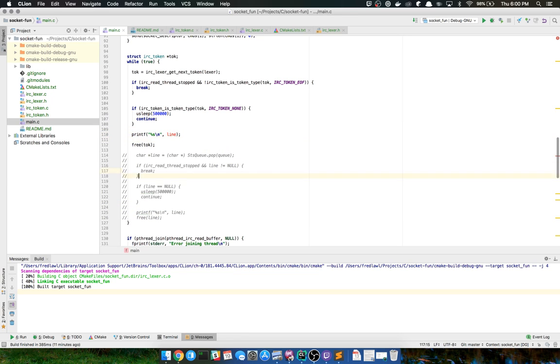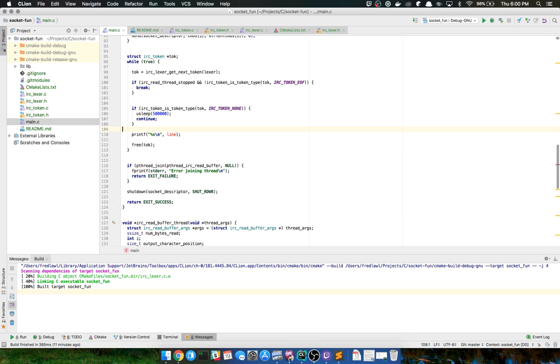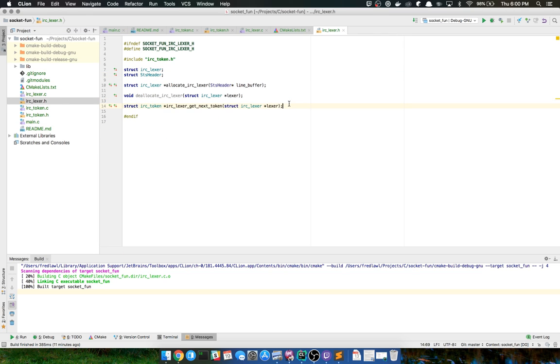Now, the crazy thing is we're no longer going to have a line anymore. But I could easily add a function into the Lexer to grab the current line. In fact, I might actually do that. And maybe I might not even use the token none at that point. Maybe I can still reserve that for some special meaning. So, IRC Lexer, we'll give it a char pointer: IRC Lexer get current line. Okay, and we're just going to go ahead and add that.